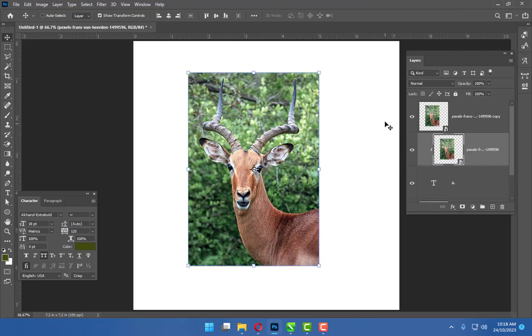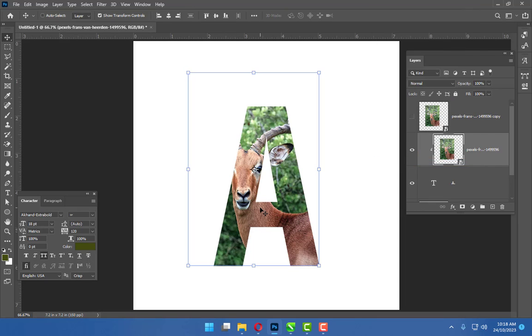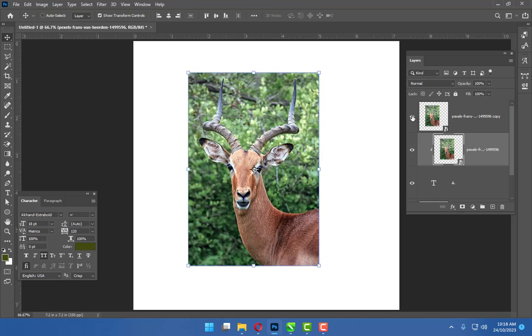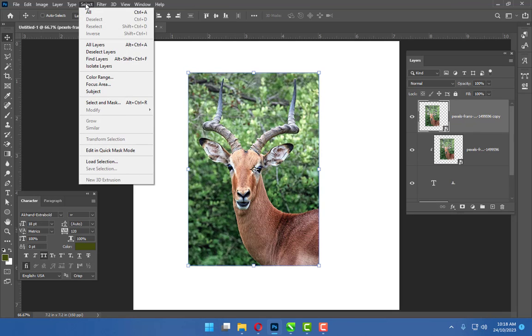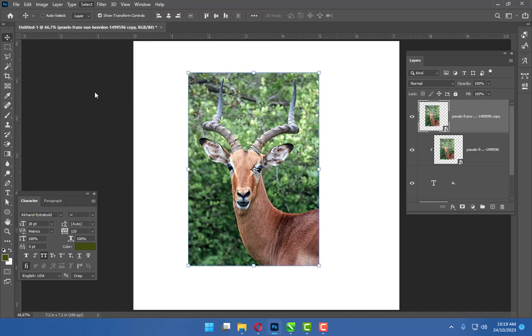clipping mask, it's clipped. Turn on this layer, go to selection, select subject, and I'm going to adjust the subject, quick selection tool, and reduce this. It's okay. Make it mask